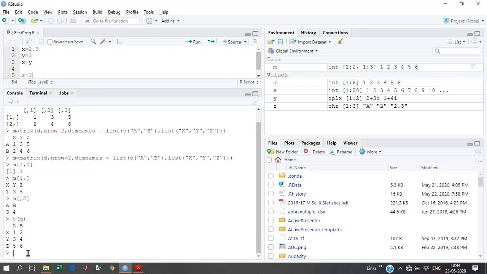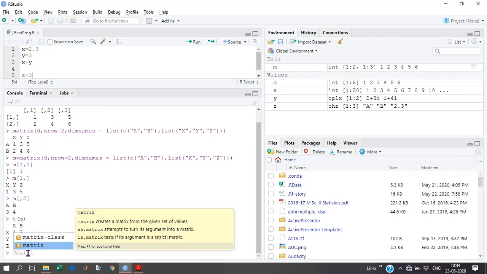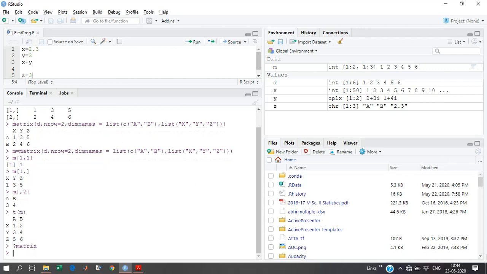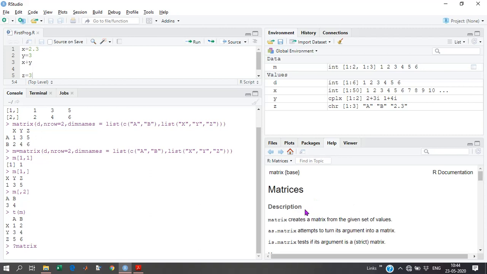If we wanted to find out what the matrix function is actually doing, we can take help by using a question mark. Here we will get the help on matrix.